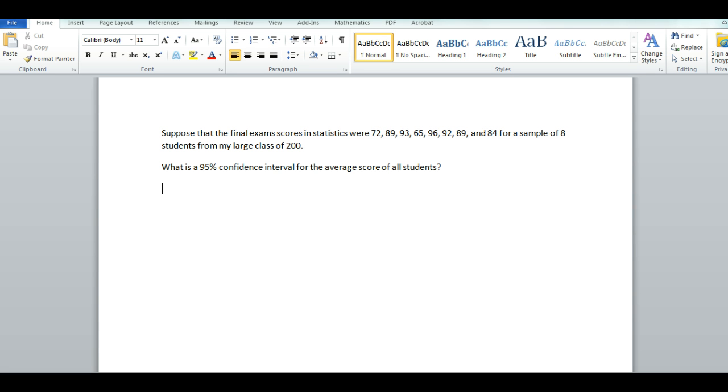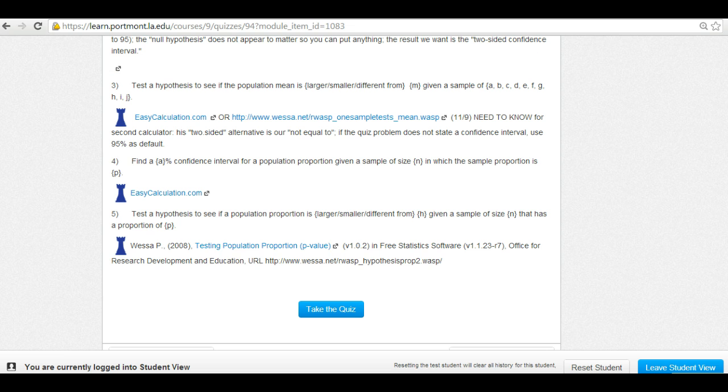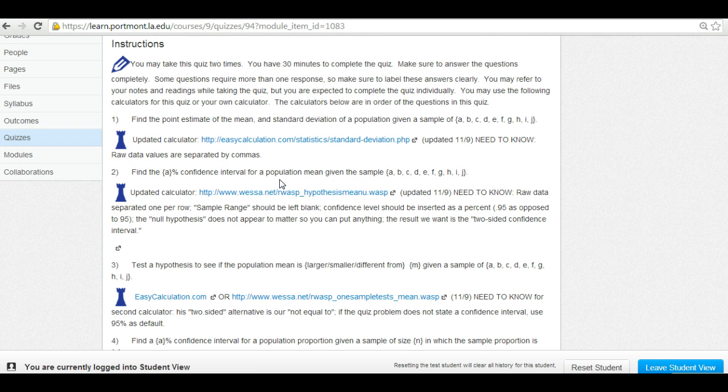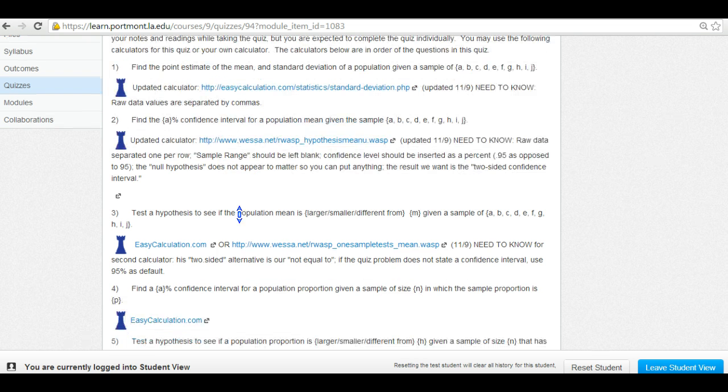Yeah, that's a great question, right? Instead of having to take everybody, I could just take the average of these 8 students, but that would only be a point estimate to the truth, because it's not all 200 students. So, going into our class again, the confidence interval first, not the hypothesis test, would be